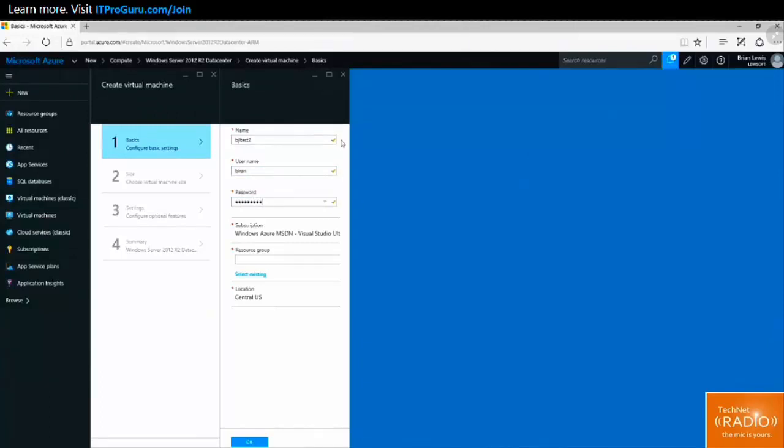Now you notice these things are green, which means that they're okay. On the password, you might have noticed it was red to begin with, and then it changed to green after it passed some difficulty tests, because we don't want you using the word password or 1, 2, 3, 4, 5. And then I get to place it in an existing or create a brand new resource group. I'm going to create a new one,